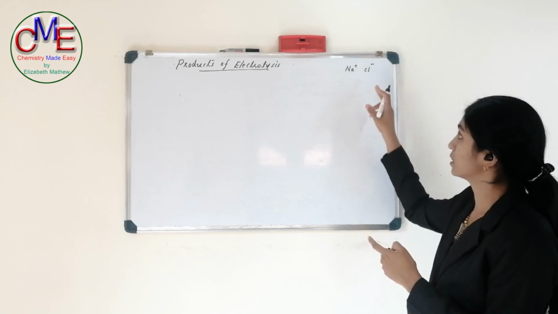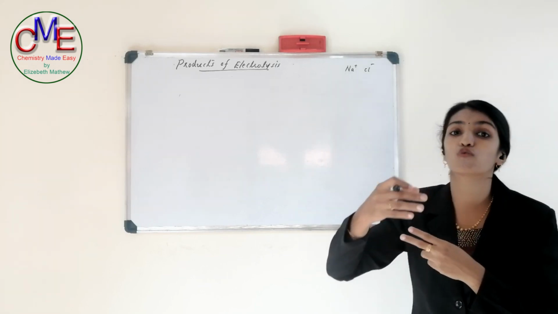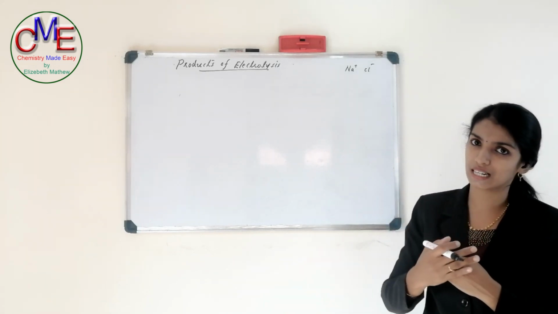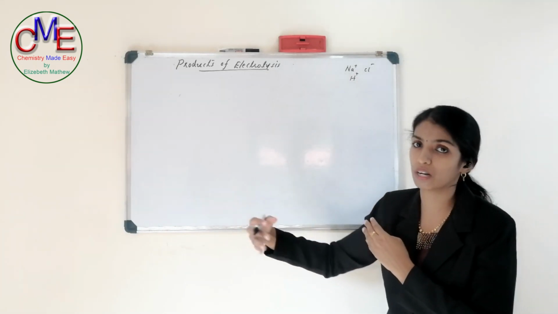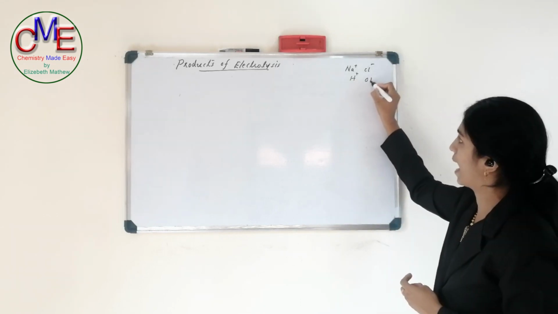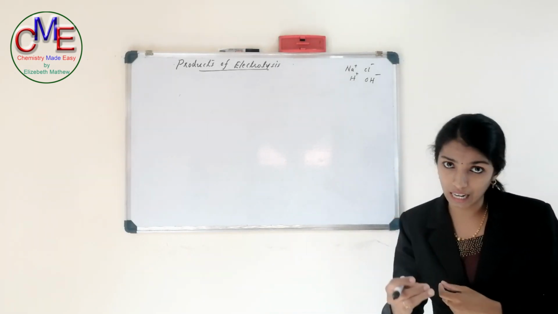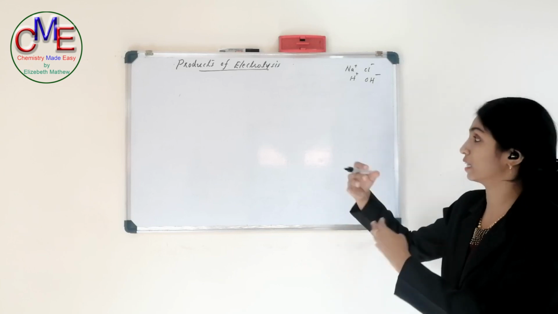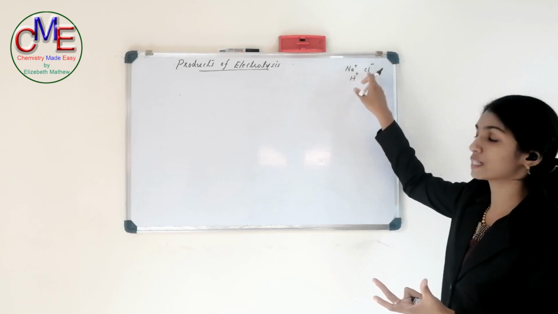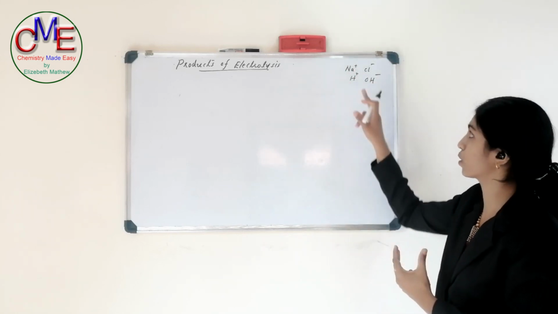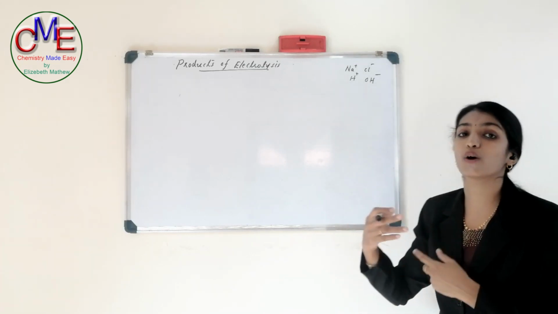Due to the presence of the electric current and especially the electrolyte solution, this solvent, water, also starts to dissociate. H2O dissociates to form H plus ion and OH minus ion. If we use aqueous sodium chloride as the electrolyte, what are the various types of ions present in the electrolytic cell? Na plus ion and Cl minus ion, obtained by dissociating sodium chloride, and the dissociation of water also produces H plus ion and OH minus ion.